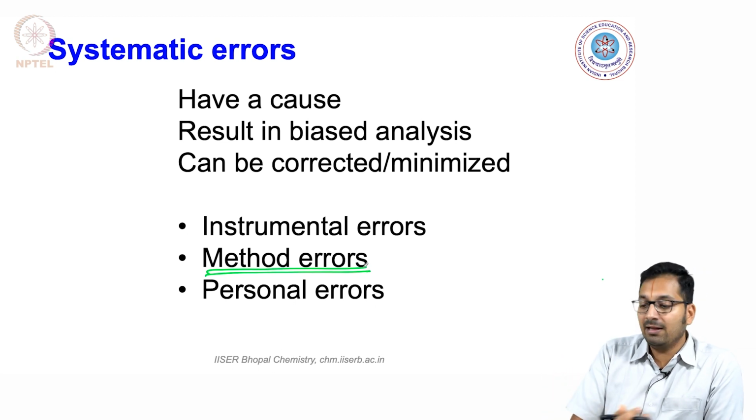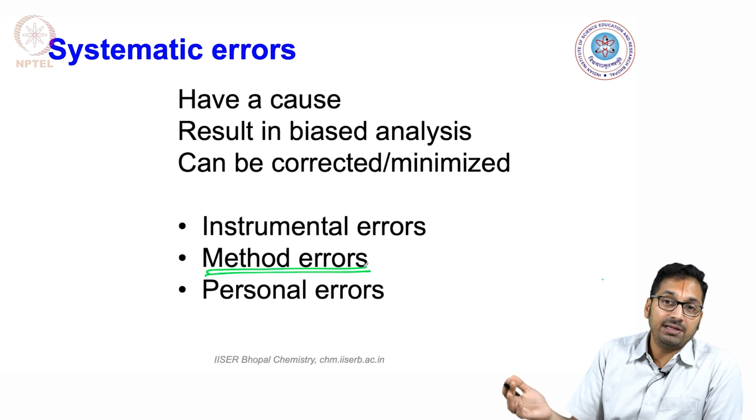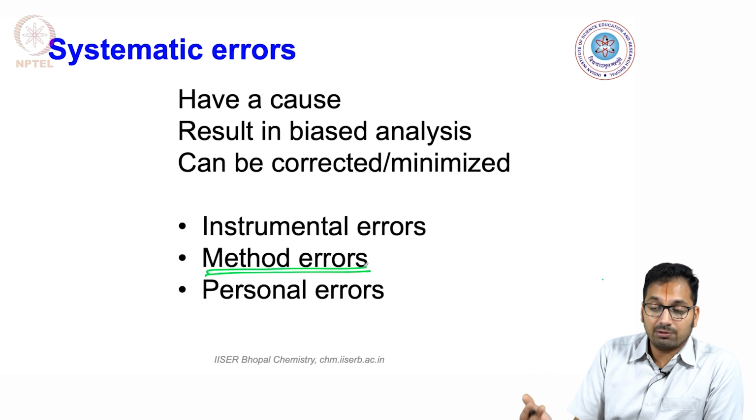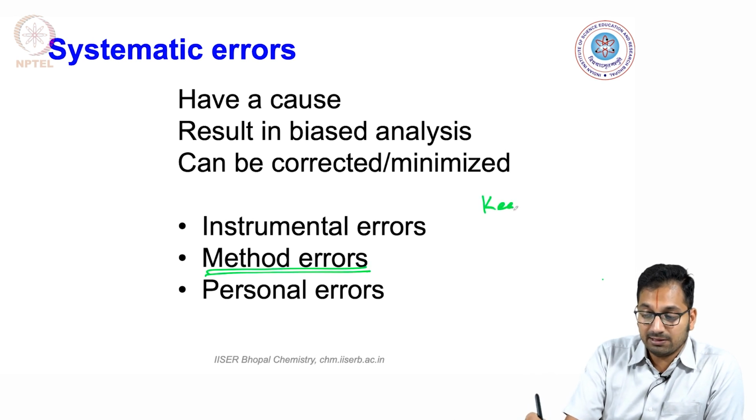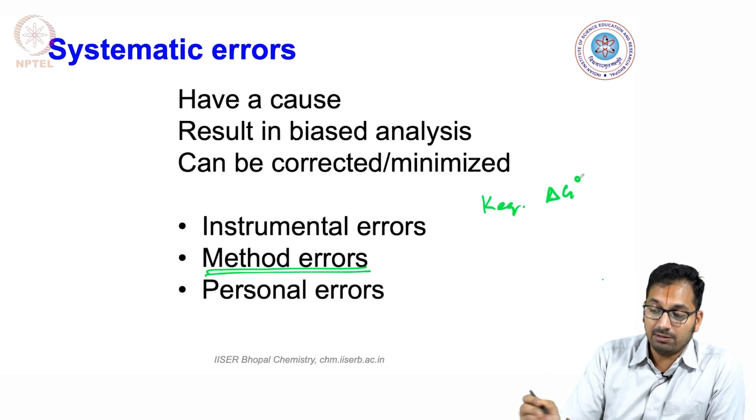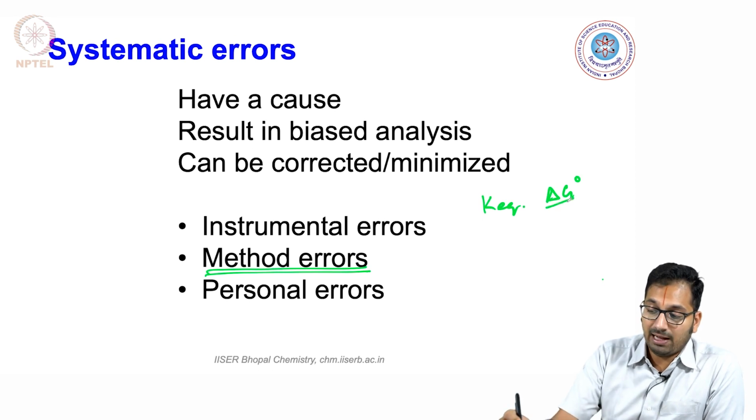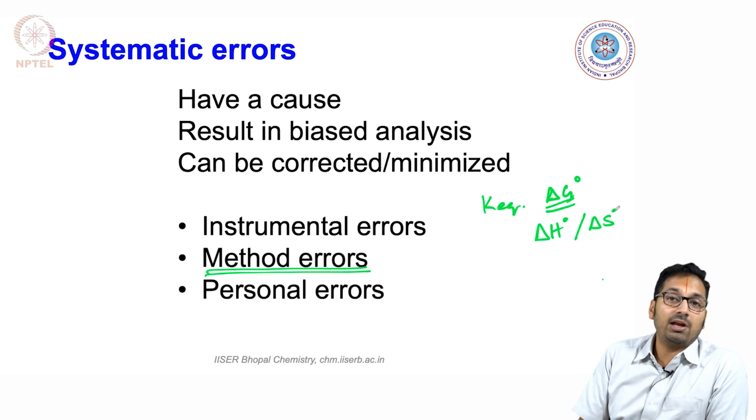What might end up happening? The equilibrium might not be reached and you might start doing your analysis by then itself. So what could this result in? You could misestimate the equilibrium constant, which would in turn cause an error in delta G naught, and as you might fit this to other values, it would propagate to the other thermodynamic parameters.